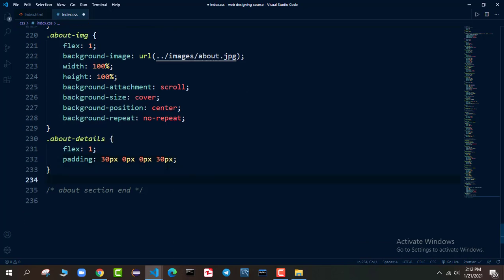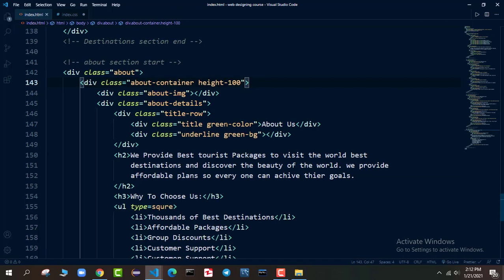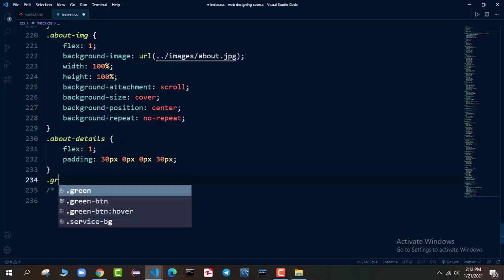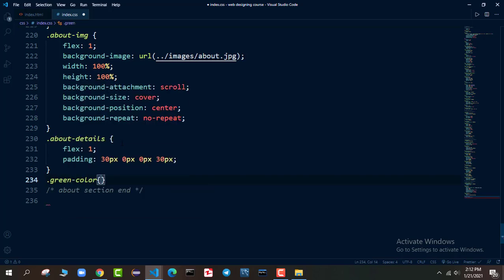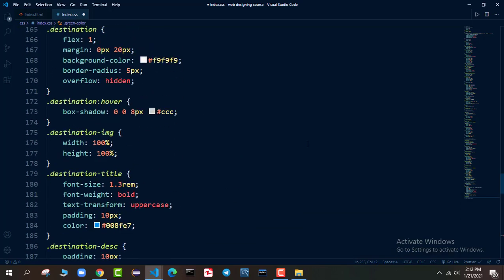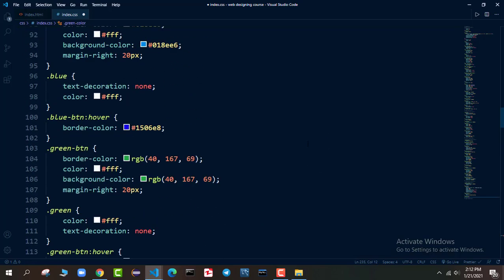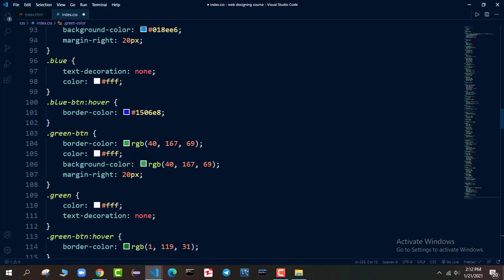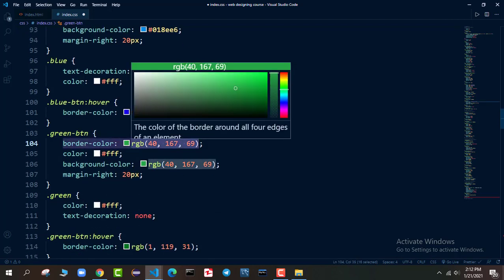Now after that, if I go in the HTML, you can see we have green color and green BG. So we say dot green color. So we say color, and let me go and copy the green color that we are applying on our website. So I think this will be the green color that we have.